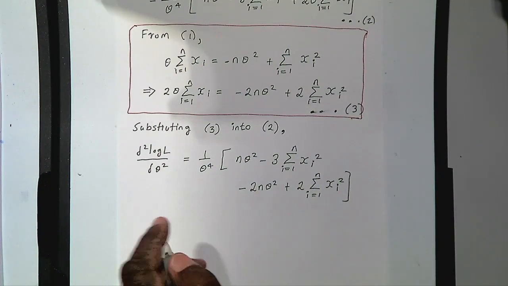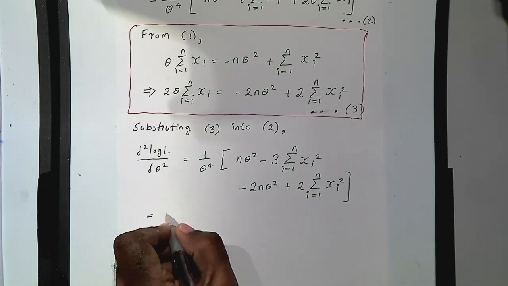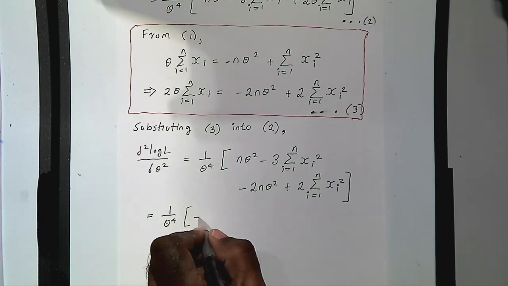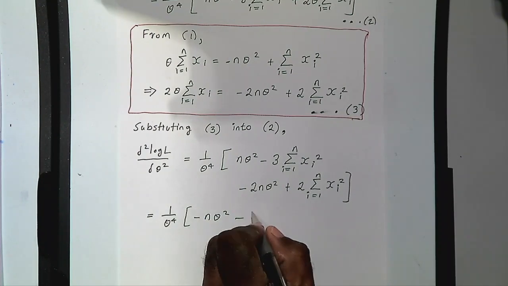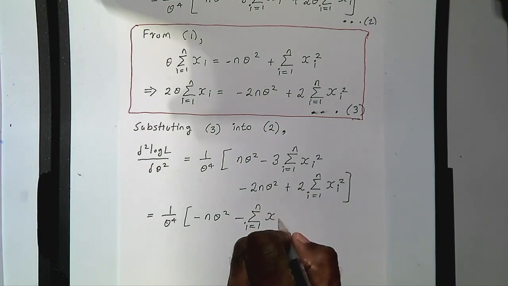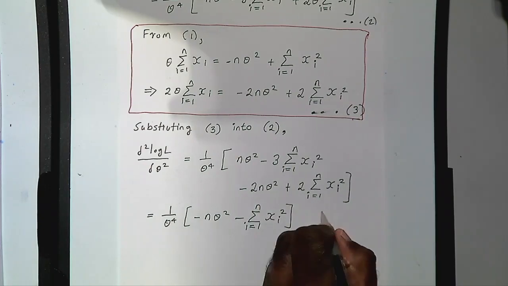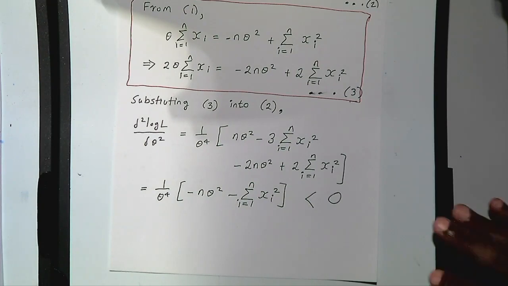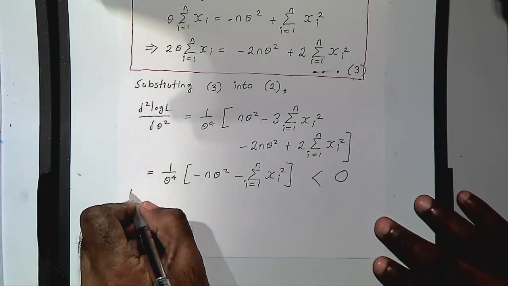Now what you have here is a negative number, and this is clearly a negative number. Are you with me or not? Is there anybody who got lost? So therefore we have shown, hence,